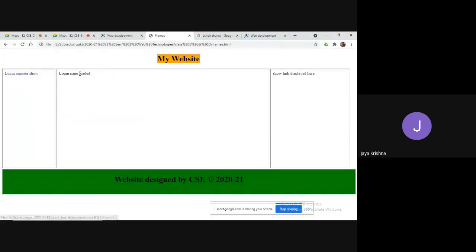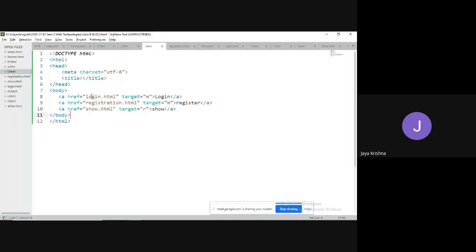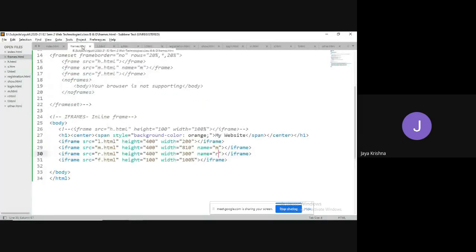Click on login, the login page is loaded. Click on register, the registration page is loaded. Show HTML file is clicked. So this is the advantage of the iframes concept. Okay, fine.